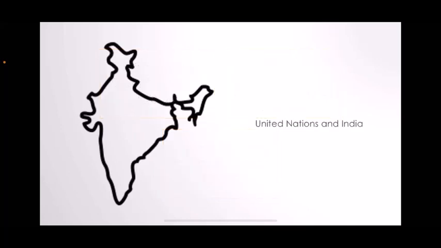The United Nations and India. India has been an active participant in the establishment of the United Nations and in the work that United Nations does. India has participated in bringing issues like decolonization, disarmament, racial segregation on the United Nations platform. In 1946, India was the first country to raise the question of racism in the United Nations. India has always led the discussions about the problems of undeveloped and developing countries.